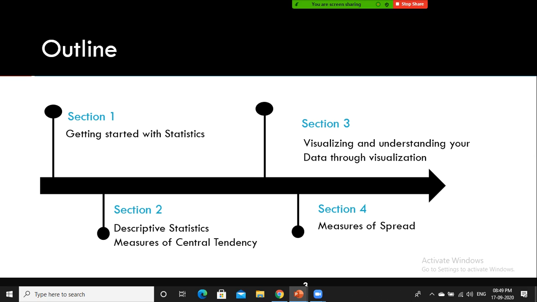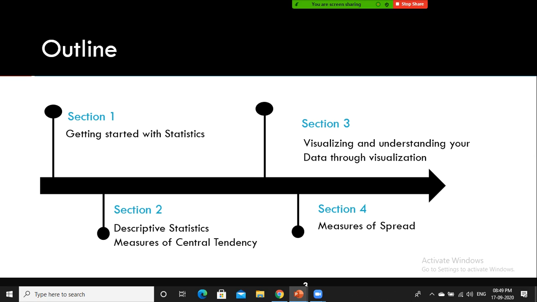As part of measures of central tendency, we'll explain the business applications of mean, median, mode, and what is outlier, and so on. On to section 3, visualize and understand the distribution of the data, such as what is normal distribution, what is uniform distribution, bimodal distribution, and the positive and negative skew. In case of any outliers, how to detect them, how to address the outliers, and the position of the data using percentiles and quartiles, and so on.